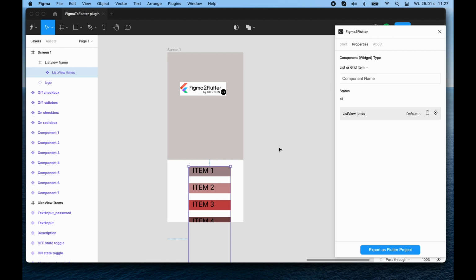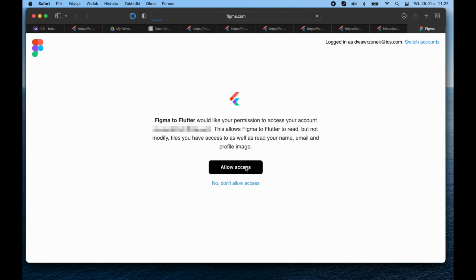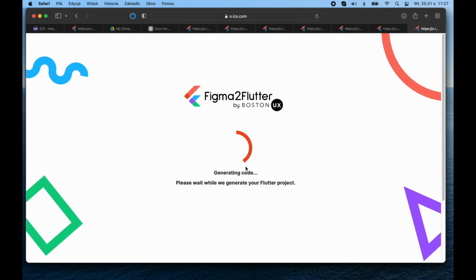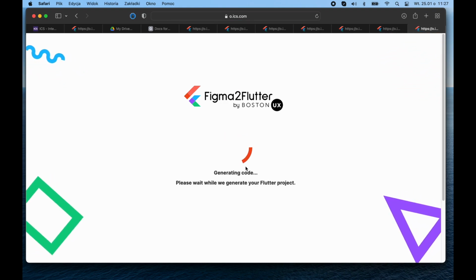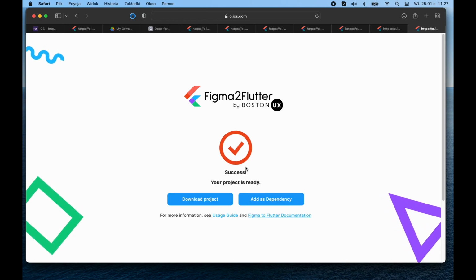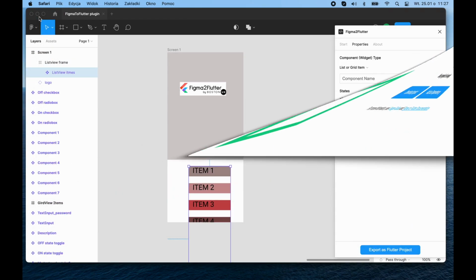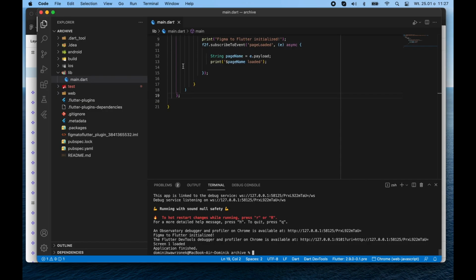From the plugin menu, press the blue Export as Flutter Project button. Your web browser should automatically open with the Figma tab. Press the Allow Access button to let the plugin generate code. Now you can download the code, or you can choose to leave it as is if you're making changes within an existing project. Open and download a project